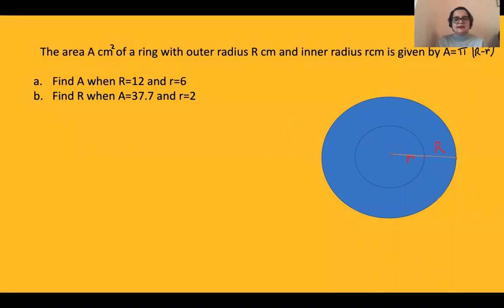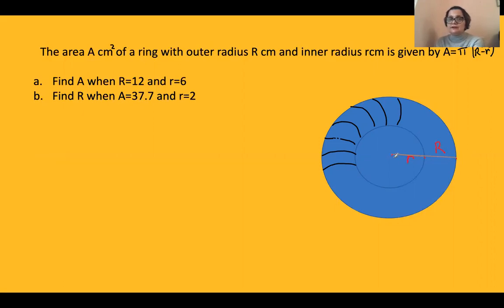It says the area of a ring with outer radius A. So this is the ring. So it's this one, this bit. If I draw some lines like that, so this is the ring that the question is talking about. So don't look at the circle in the middle. It's just this bit here. So this area, all of this, the area A, capital A of a ring, and outer radius is R, capital R,